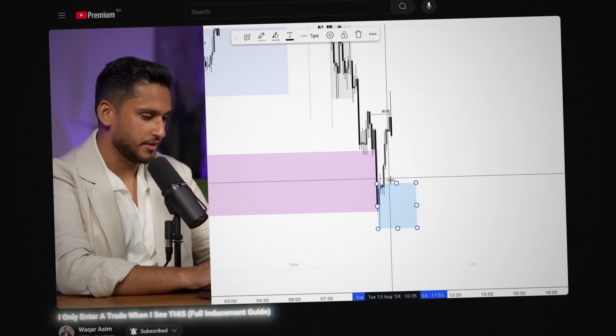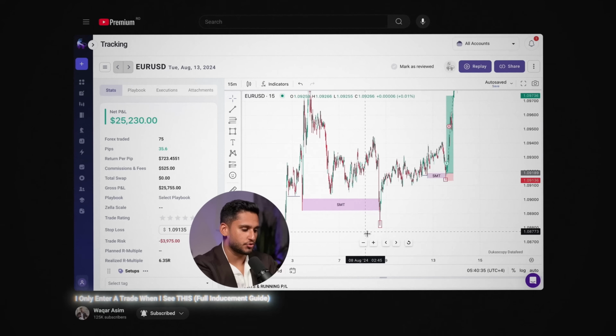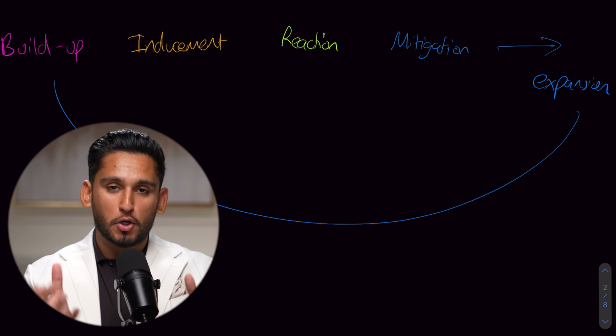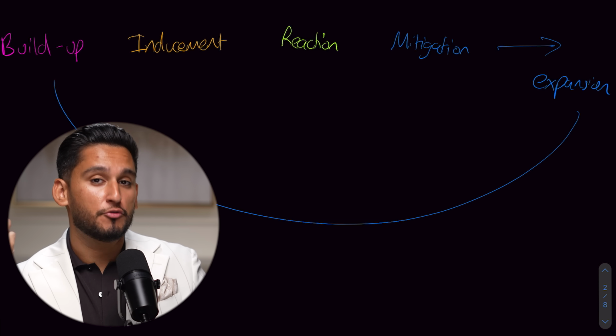And if we reference our inducement guide, we spoke about the law of cause and effect, where the build-up, inducement, reaction, mitigation, this is the cause, and the effect becomes the reaction, the expansion. And tied into that is the elastic band effect. The more you pull back the elastic band, the more meaningful that liquidity cycle is, the more meaningful that inducement is. When you let go, you expect a meaningful reaction, because you wouldn't expect to pull the elastic band and let go and nothing happen. So this is tied to reactions, and this is going to show us complete control, context, and intent in the market when we pair a liquidity cycle with an expansion.